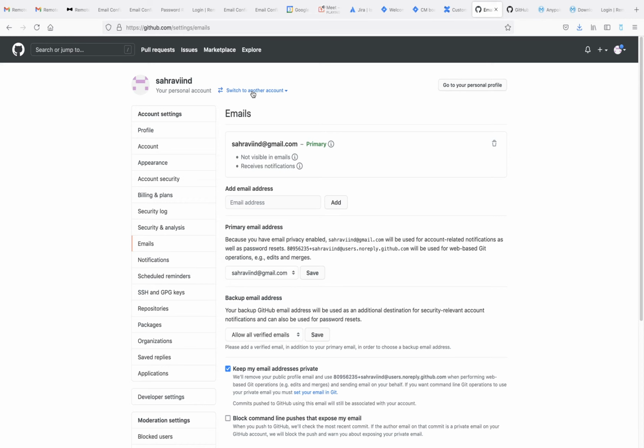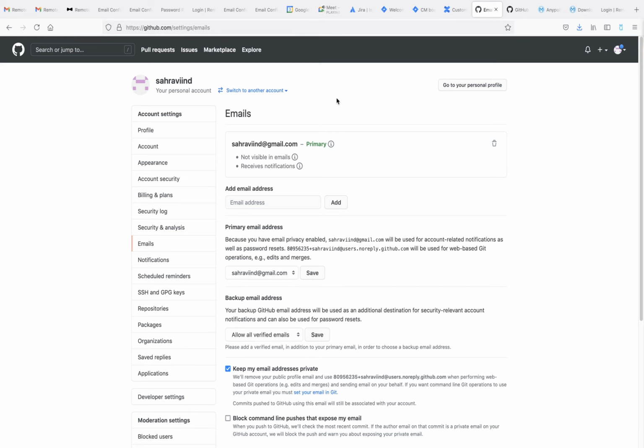If you switch account, that means whatever you have in previous Git, you will not be able to see. If you want both, I think you have to select this option. Yes, it should work. Actually, I haven't tried it, but as per my understanding it should work. Or better, I will say switch account and use this email ID.